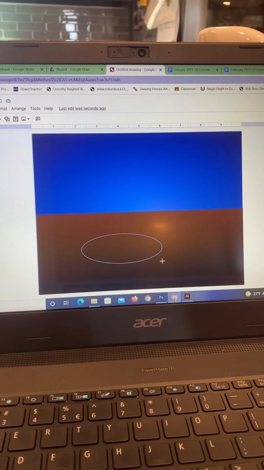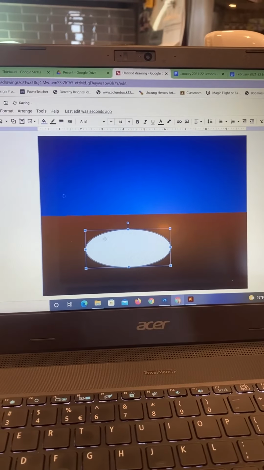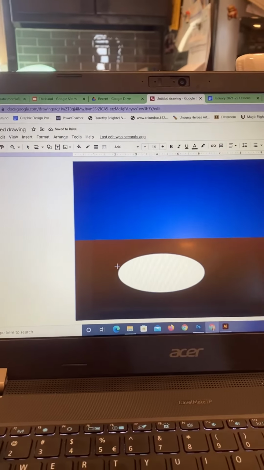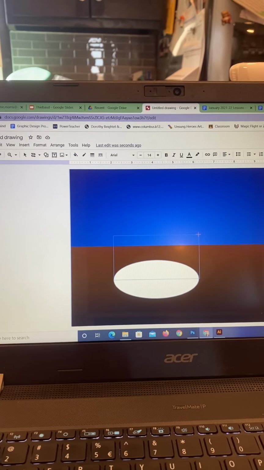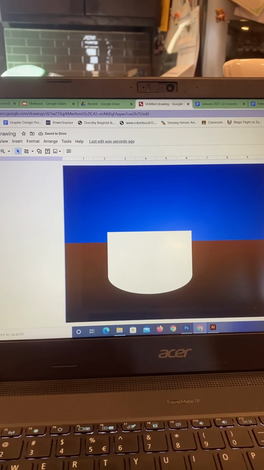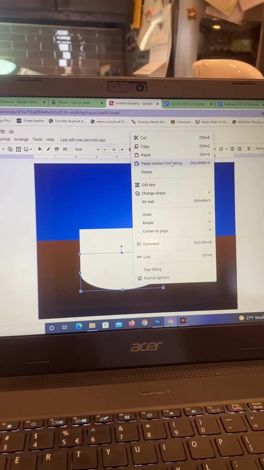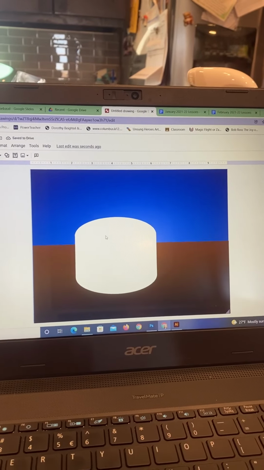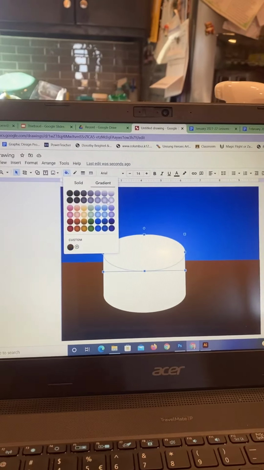I selected both of those shapes and grouped them by doing a right click. I'm going to build this cake from the bottom up. So I started by making an ellipse that's the bottom of the cake. Next, I added a rectangle and made sure they were the same color and they were both lined up. I copied and pasted the bottom ellipse and dragged it up to the top, which makes the look of a